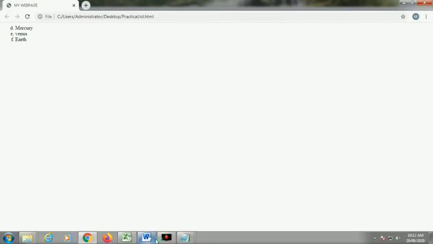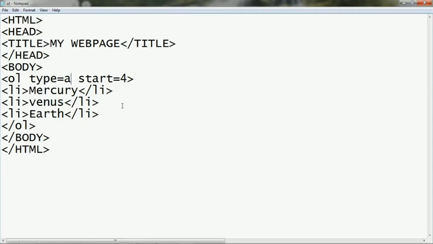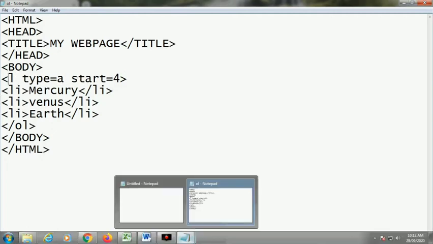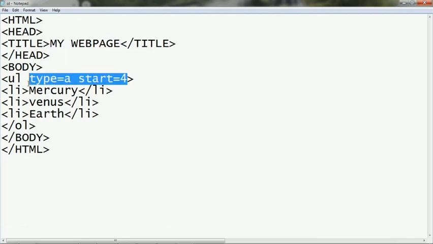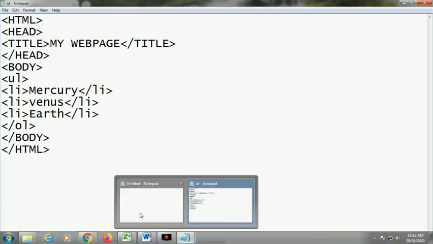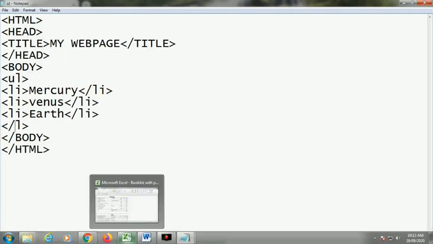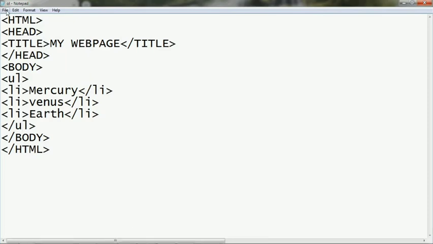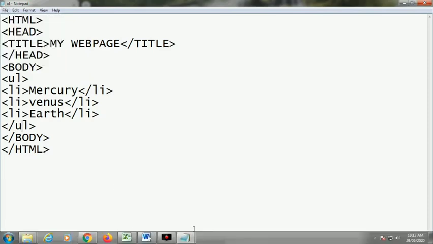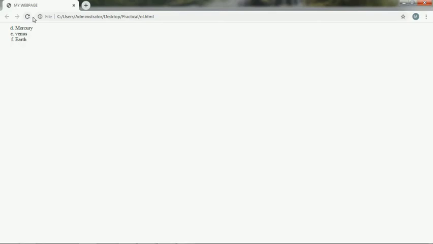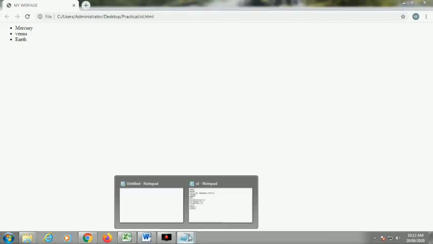For unordered list, we just need to change here. You have to make it UL, and this start and type we will remove for now, and the ending also you make UL. Now let us see what changes take place. File save, refresh. You can see a small dot has appeared. This is the default, it is called disc.